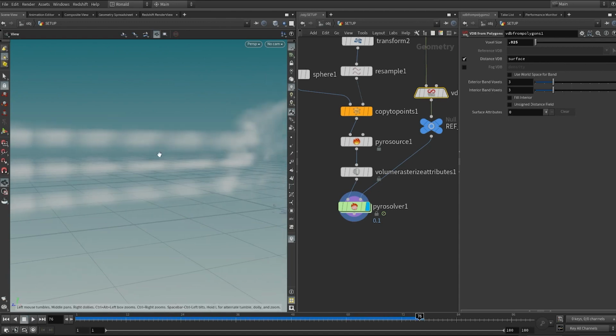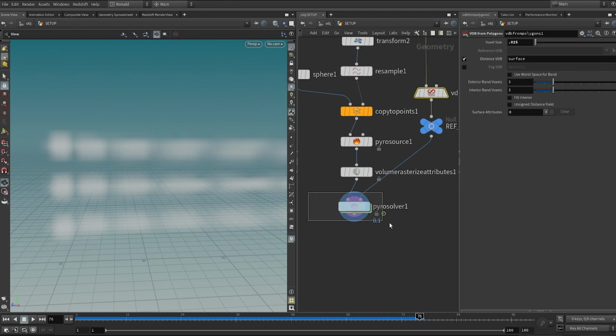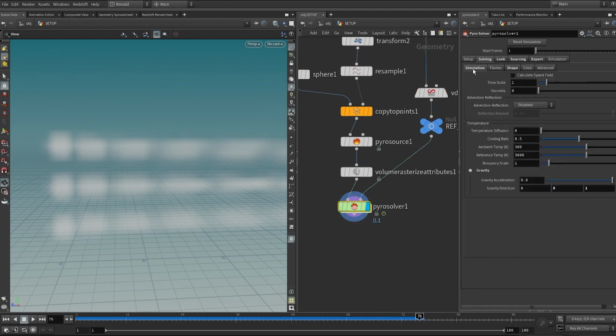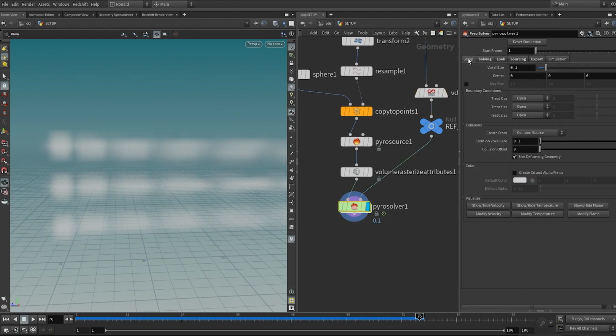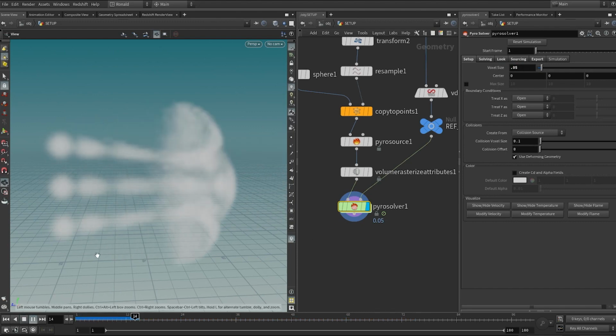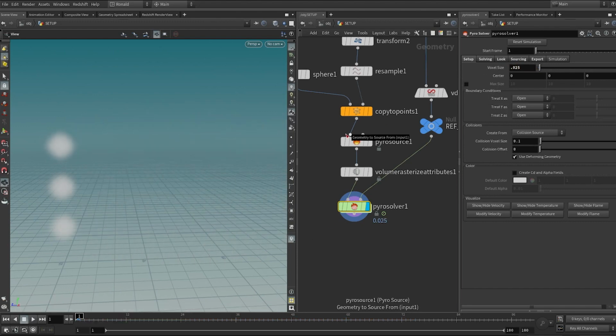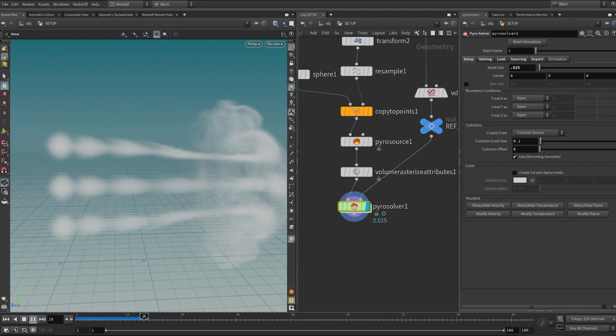And you notice that this simulation is very low resolution, so to increase the resolution, we can go under the simulation tab here, or rather under setup. And this voxel size, if we lower it, it's a smaller voxels, so it's like tinier pixels. Smaller voxel size will increase the resolution. So I'm just gonna halve it for now, 0.05, and run the simulation again. And it looks like I can halve it one more time further, 0.025, and I get a little bit more